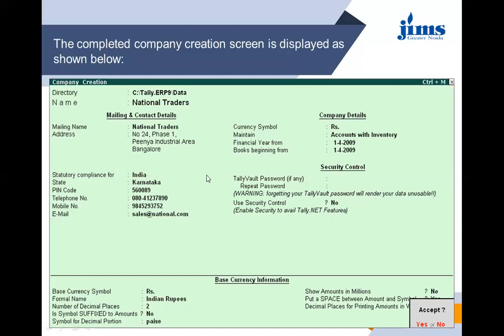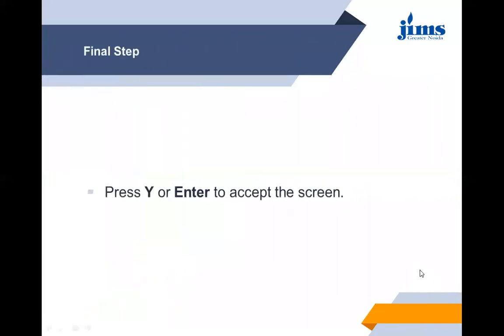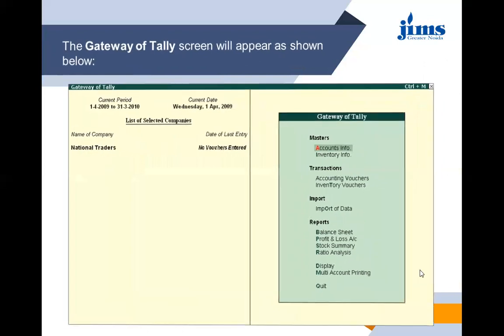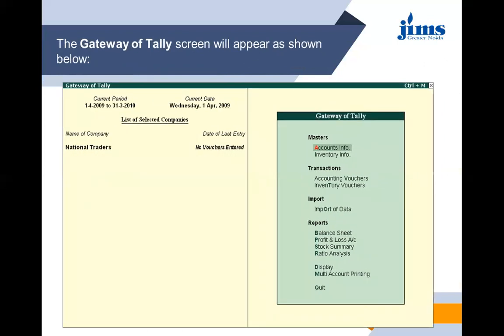If you find something missing, you can press Escape and go back and fill in that information. There is also a process of editing the company. After selecting yes, we need to press Y or Enter to accept the screen. This is the final step in the company creation. As we accept it, the Gateway of Tally screen will appear as shown below.